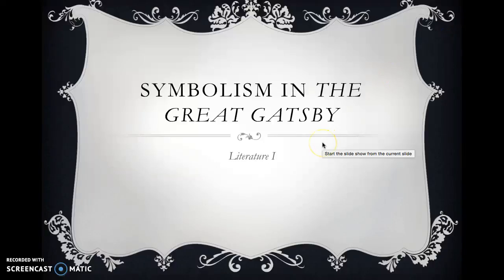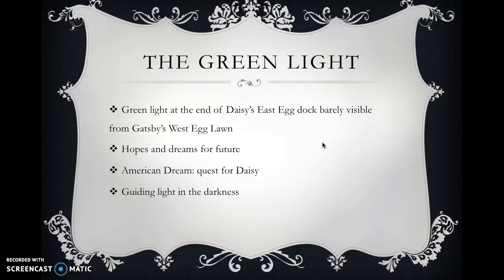Okay, class, since we've been reading The Great Gatsby and have read the first few chapters, we are now going to talk about some of the symbolism that is present in the book. So, let's get started. First off, one of the most obvious examples of symbolism in The Great Gatsby